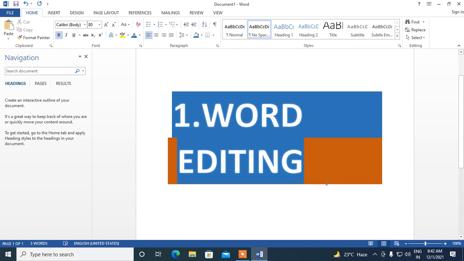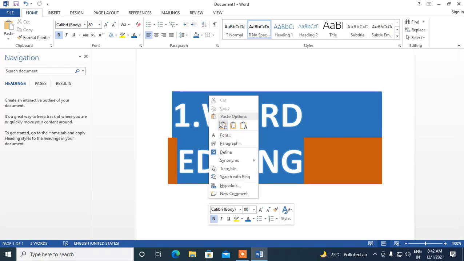So what is overtyping? Once the text is selected and we begin to type the new text, the selected text is deleted and the new text is typed, like you have seen just now. This replacement of the selected text with a new one is known as overtyping. So you know what overtyping is, and I have told you about copying and moving. Whenever you copy, the original exists and the copy comes in front.